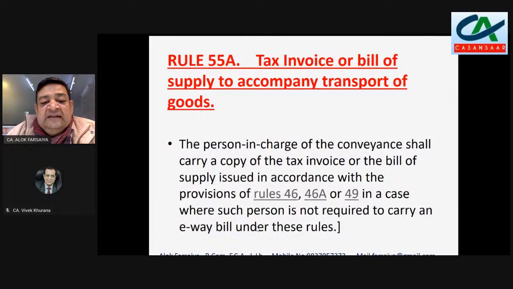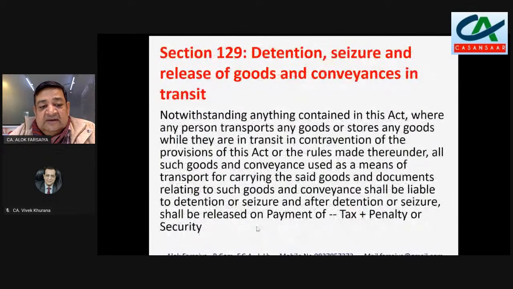Now, while generating the e-way bills, we commit so many errors, so many times. And what are those common errors? And due to these common errors, whenever,